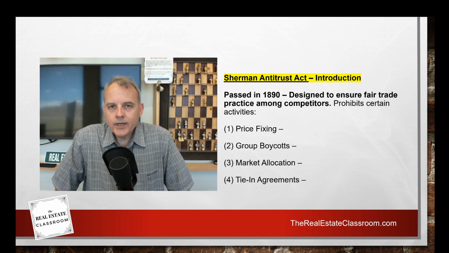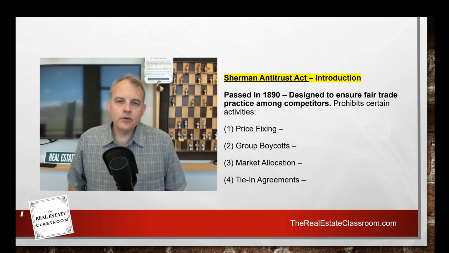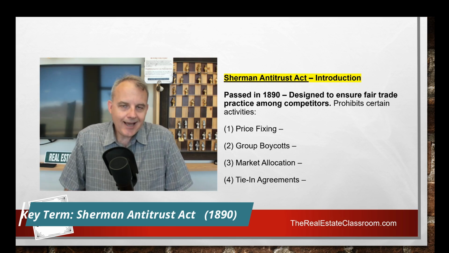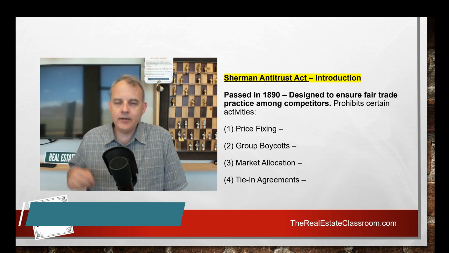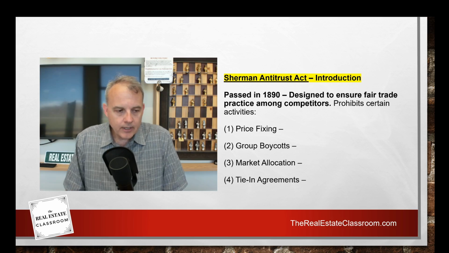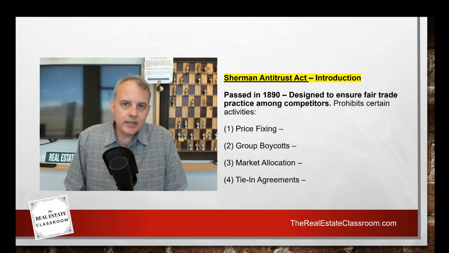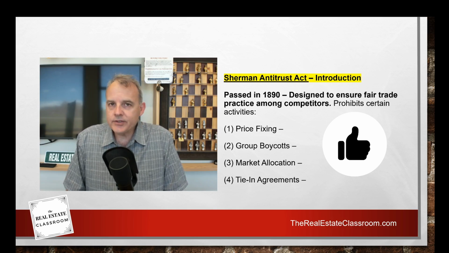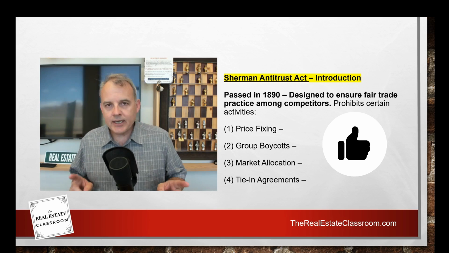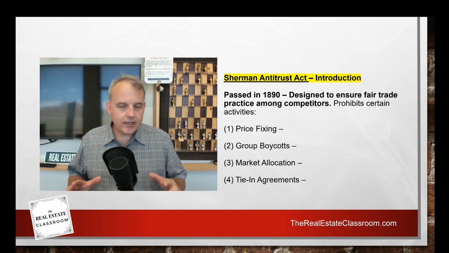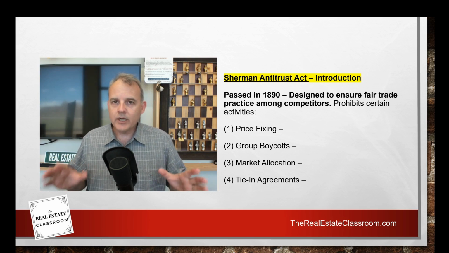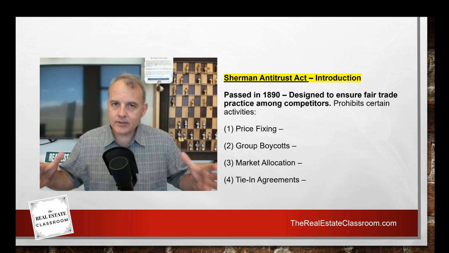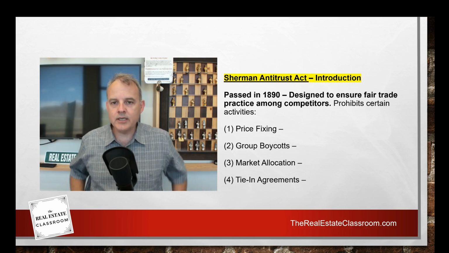In today's video, we're going to discuss a federal law called the Sherman Antitrust Act. Now, this is a pretty old law. It was passed in 1890, and that's probably a date you want to remember, but it is still very relevant, and it is a law that the government still enforces. Now, the Sherman Antitrust Act covers every industry, not just real estate, but insofar as what we're going to discuss in this video, we're going to discuss how it impacts and is applicable to the real estate industry.